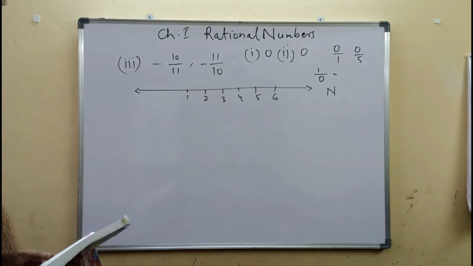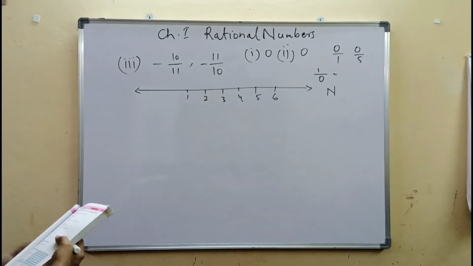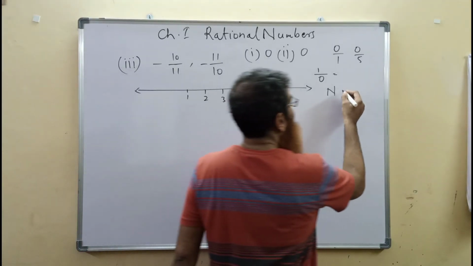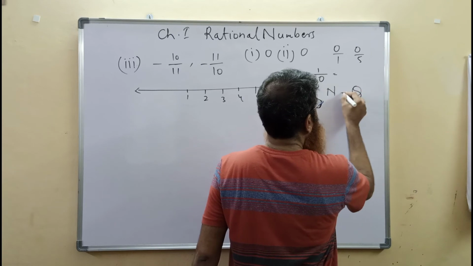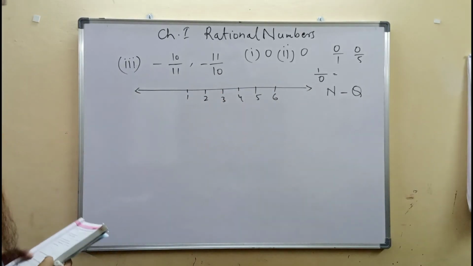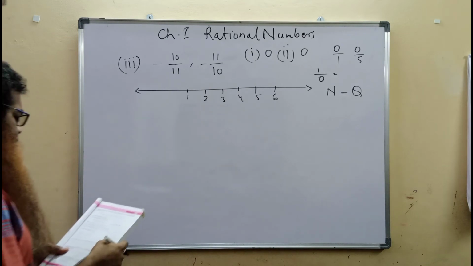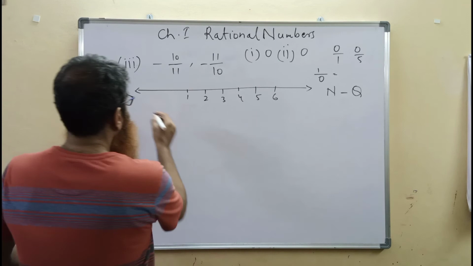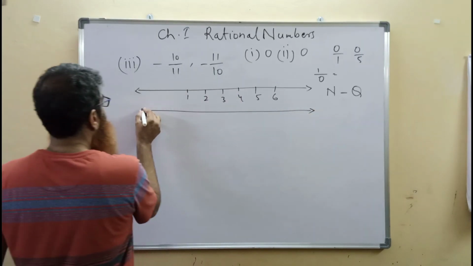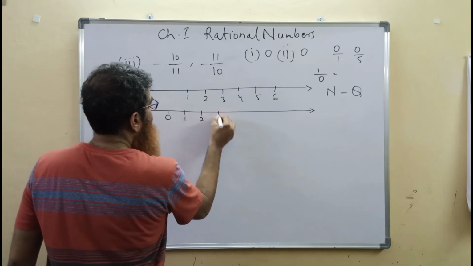Sujata said they are natural numbers. Paramesh said they are rational numbers. Whom do you agree with? They are both rational numbers and natural numbers. We agree with both of them. We agree with Sujata and Paramesh. Then there is another number line, which has numbers on it beginning from 0.